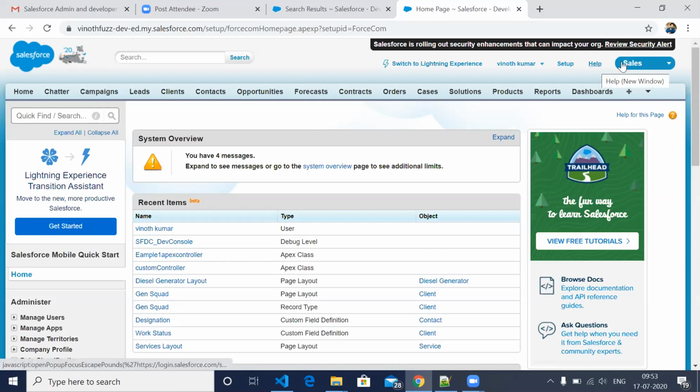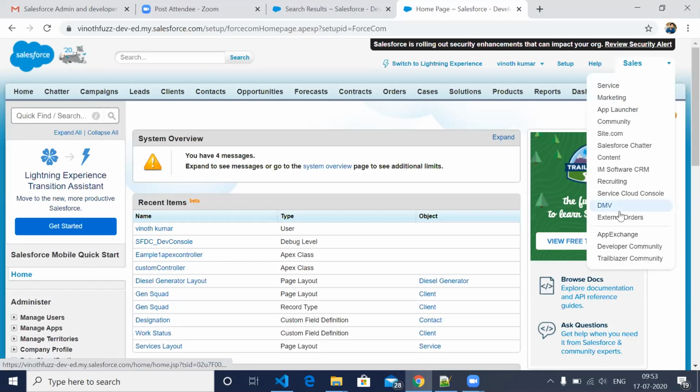Help is just showing the version and everything. This one we will not use much. And this one I showed you will show the different applications. You can consider this is like your mobile. In mobile we have different applications like Facebook, Instagram, and everything.